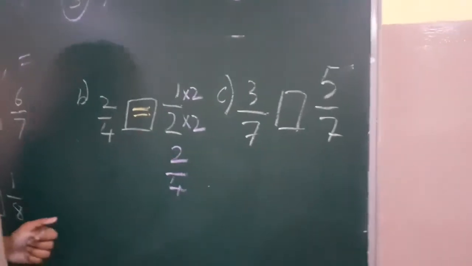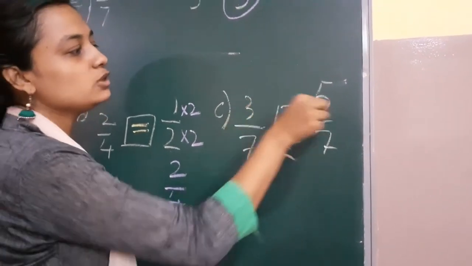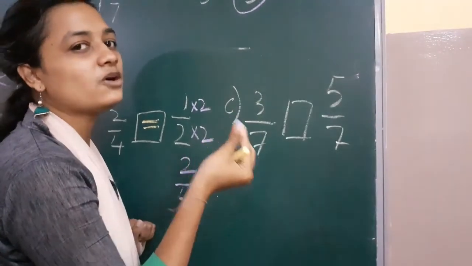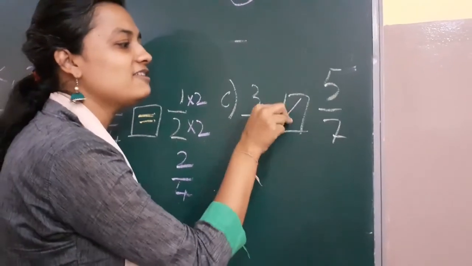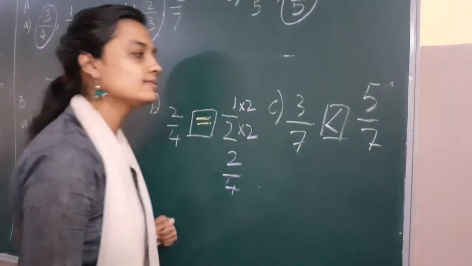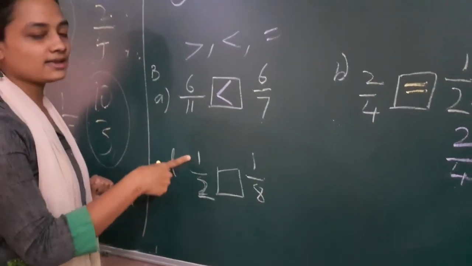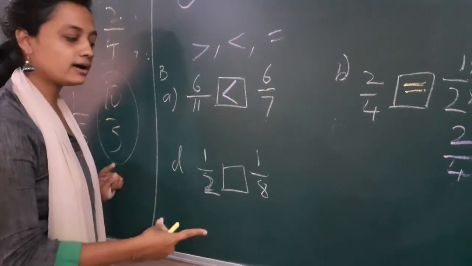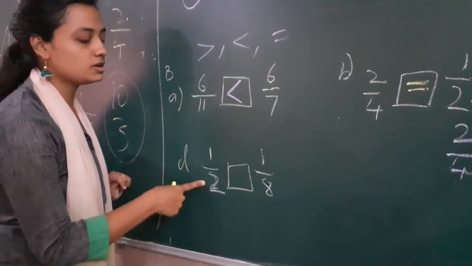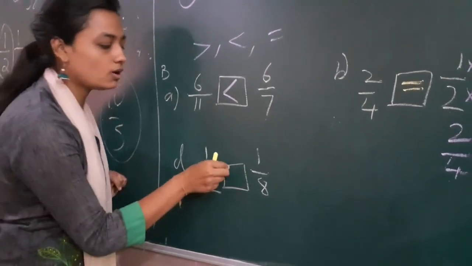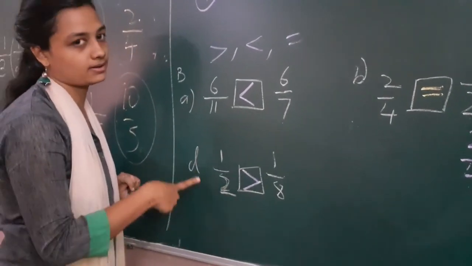We'll go for the C1. Now, denominators are same. I have to check numerator. Means like normal numbers. Which is greater, 3 and 5? 5 is greater. Now come for B1. Numerators are same here. So what should I do? Ulta. Which is small denominator, that is the bigger number. Small denominator is 2. So I should open my crocodile mouth here. This is my bigger number.